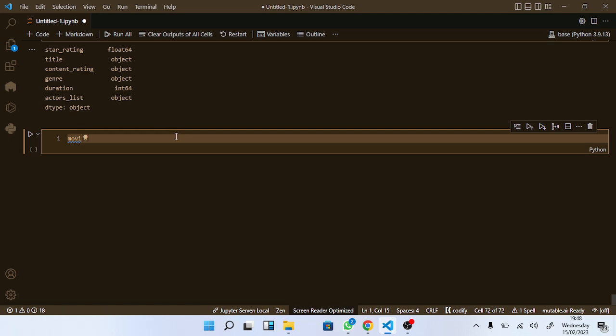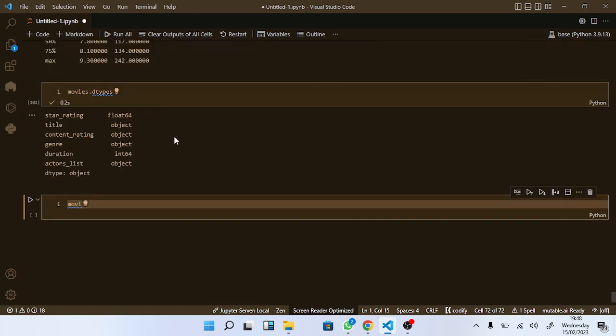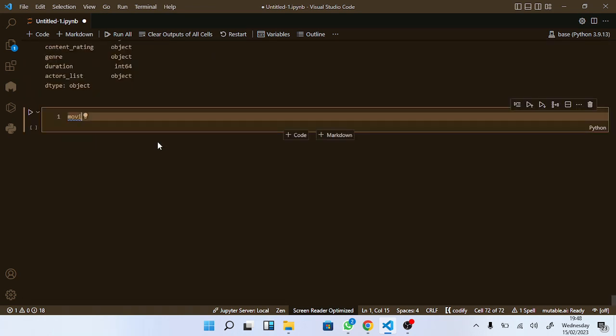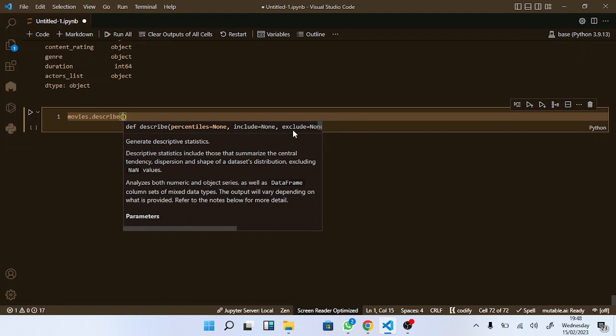So I've said now, what if you want to include other variables, the non-numeric variables and the numeric variables? So what you do, just write movies dot describe method. So inside the describe method, you can just say that actually include